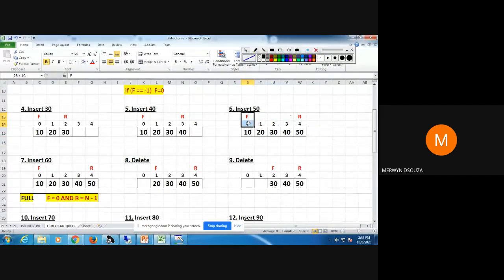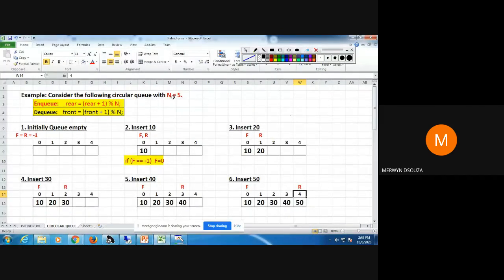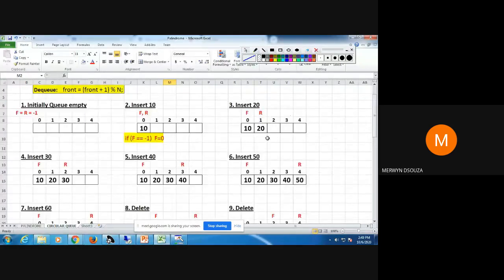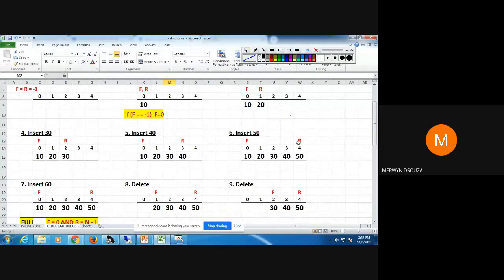When the queue is full, the value of front is equal to 0, and the value of rear is 4. But how do you get 4? 4 is nothing but n minus 1.